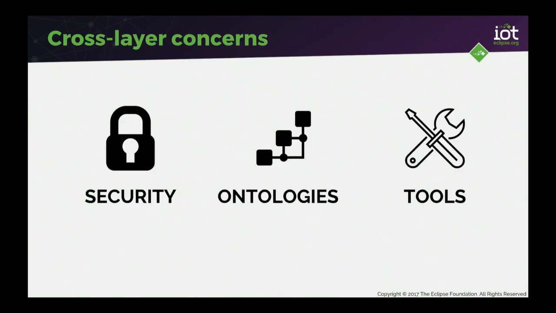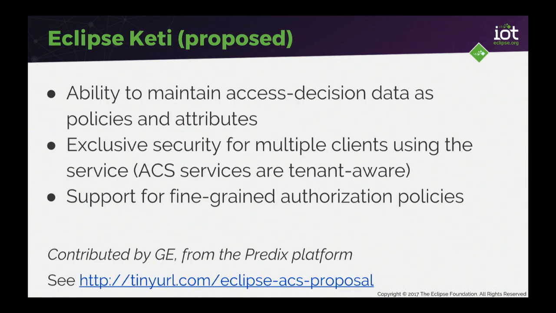A quick few words about the cross-layer concerns. Keeping on the name-dropping aspect, Eclipse Keti, that's proposed by GE Digital. That's OAuth on steroids. So that's essentially the ability to model roles for either having read access, write access, firmware upgrade access to devices, to attributes in a data store,